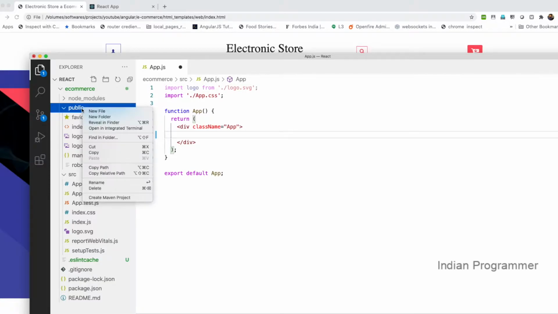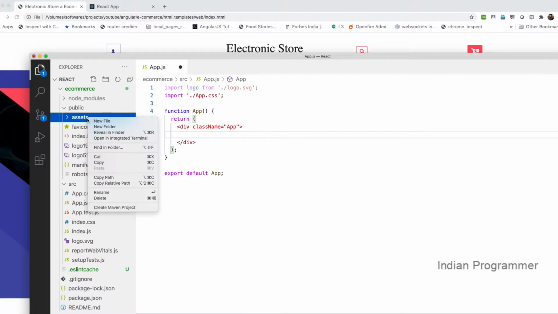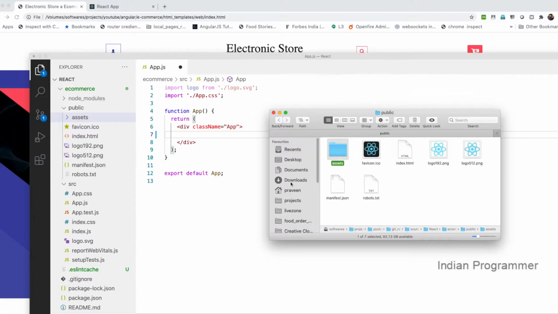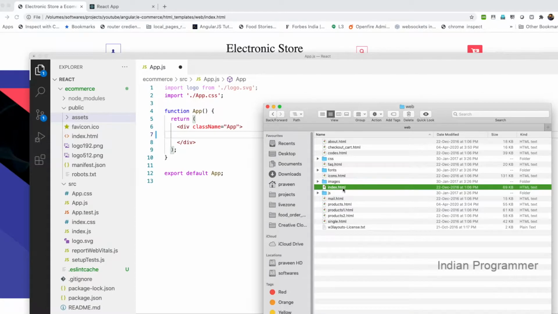I will create a new folder called asset and paste everything here. Okay, I have pasted everything, all the items are here. Now I want to move the index file, which is the starting file, and integrate it with our React application initially, then I will move things one by one.